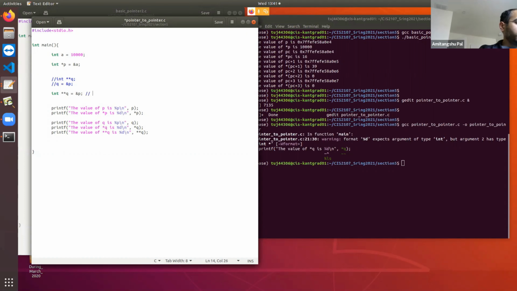Q is a pointer to an int pointer. That implies that *q means the value at the memory location pointed to by q. So the value at the memory location pointed to by q is p, right? So that means *q is basically an integer pointer.